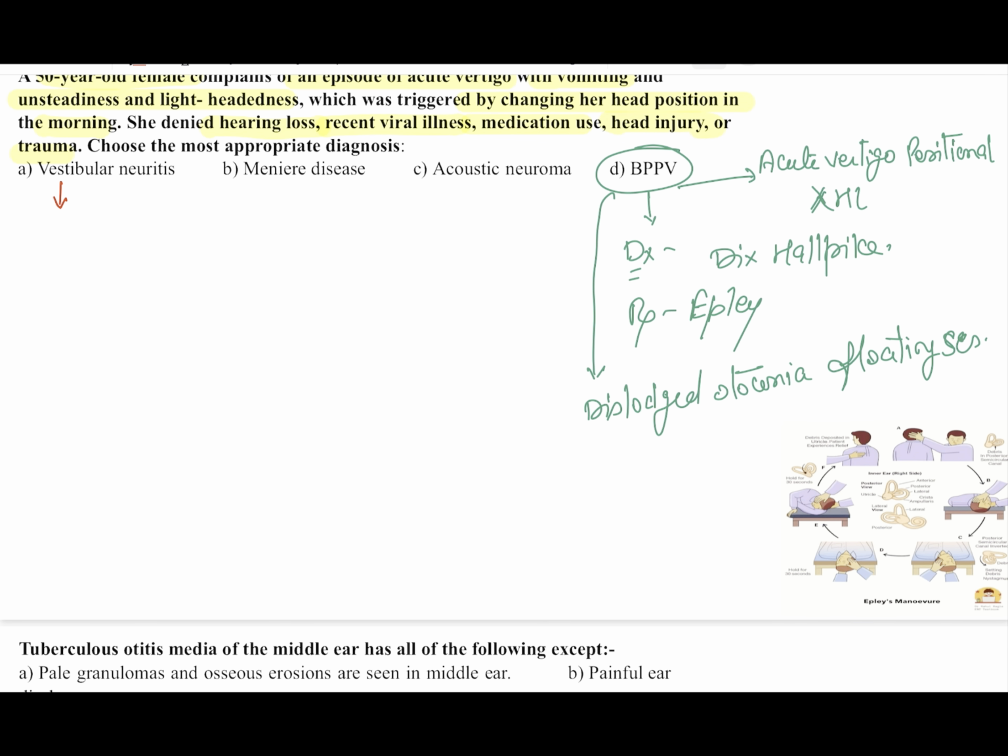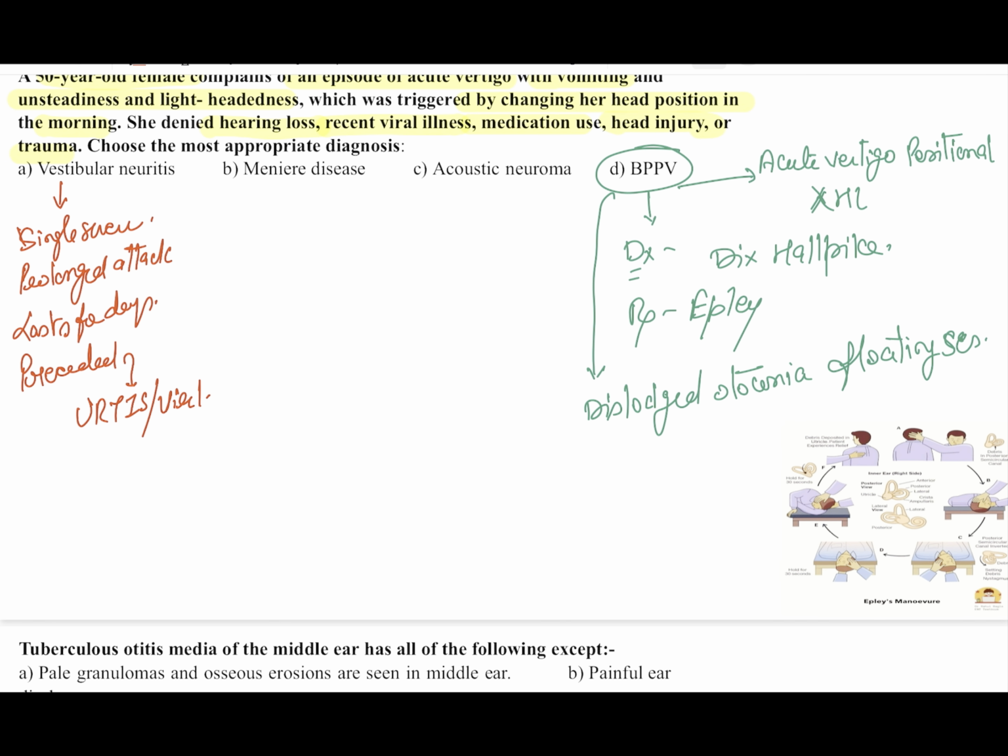Now, why not vestibular neuritis? In vestibular neuritis, they have a single severe prolonged attack of vertigo, which can last for days. So this will be present for days, and it is mostly preceded by or caused by any upper respiratory tract infection or viral syndrome. And here the vertigo will be constant,